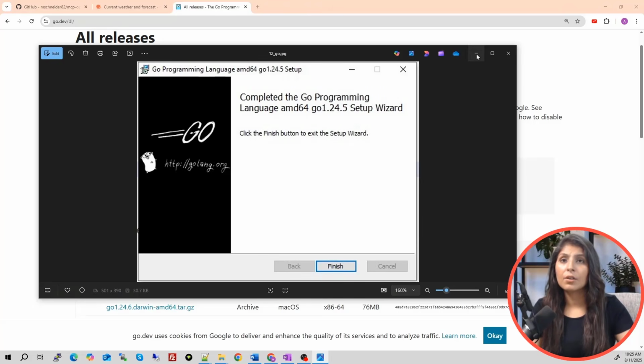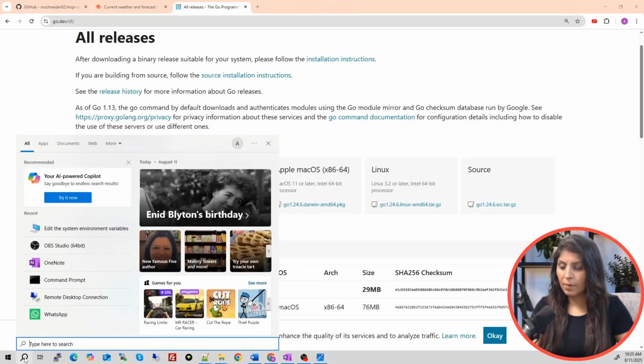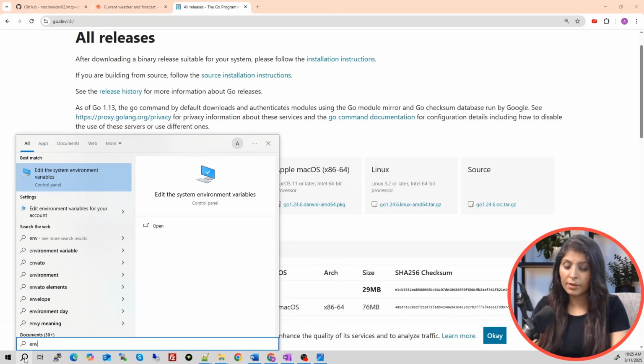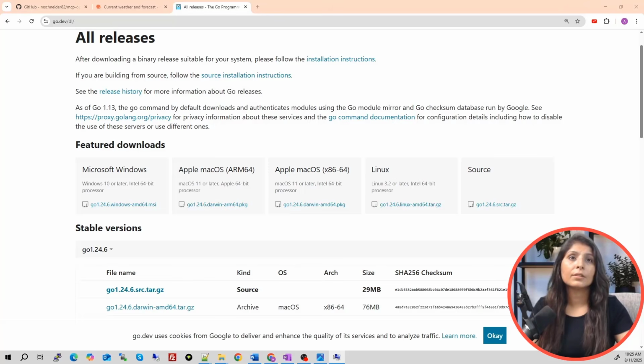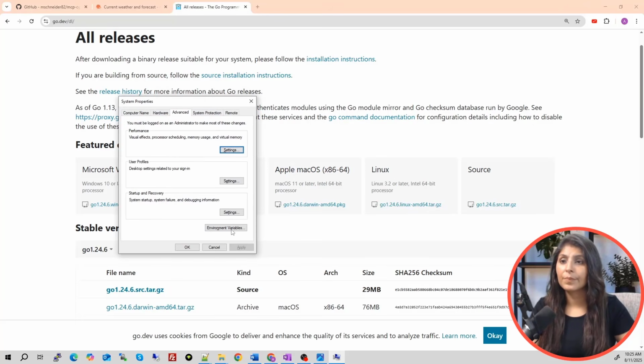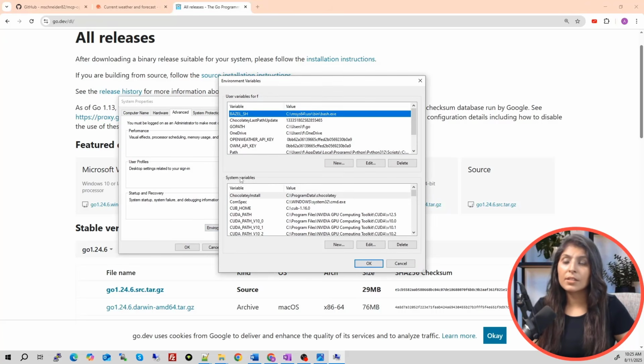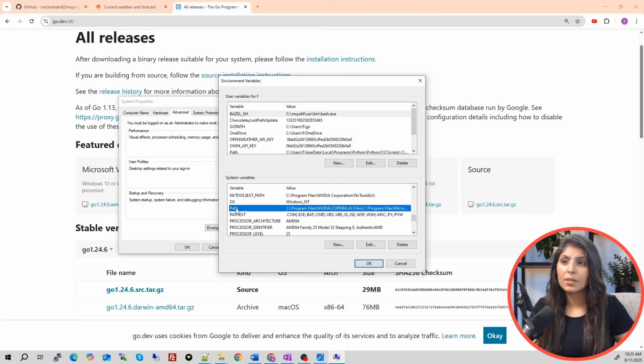For that, you will go to the environment variable: just write env over here and then enter. Then you'll see this. Click on environment variables. Under the system variables, go to Path. Now click on edit.